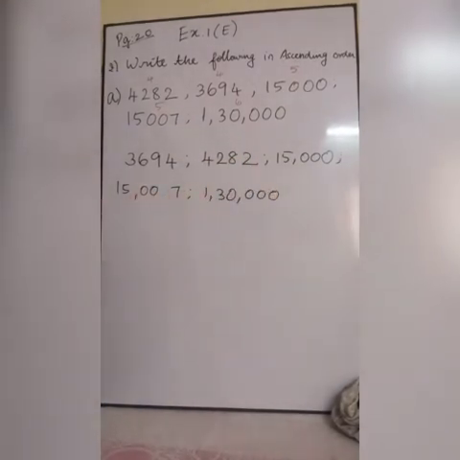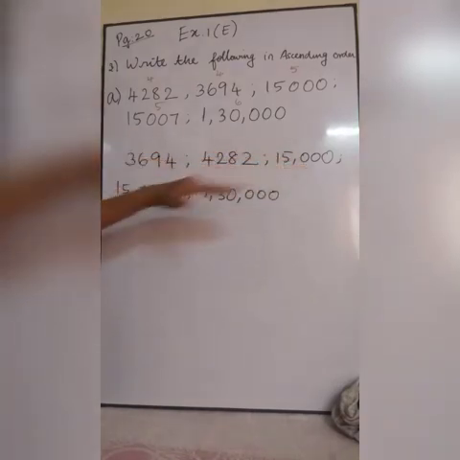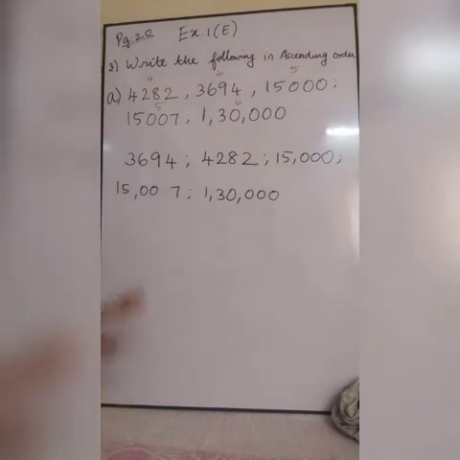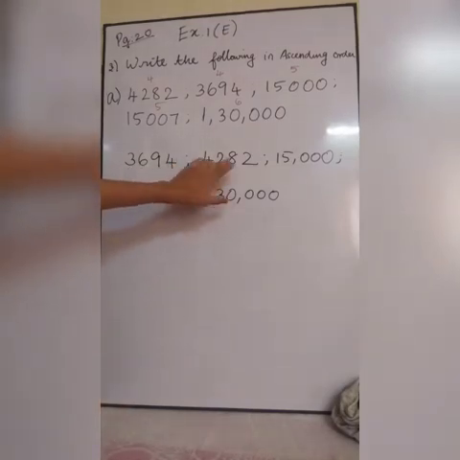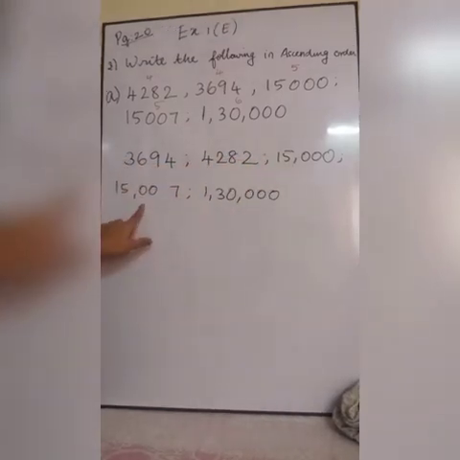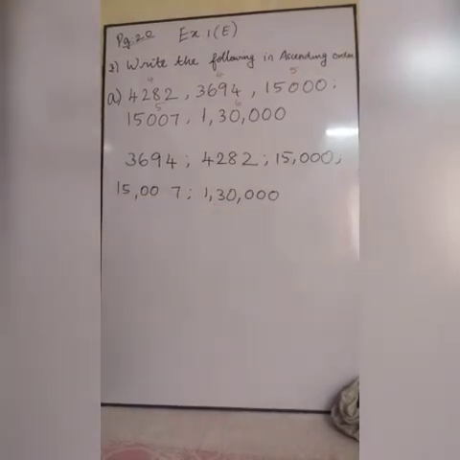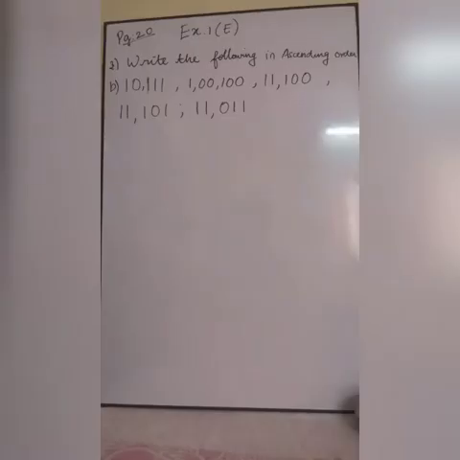1,30,000. So listen carefully. You can check whether we have arranged them from smallest to biggest or not. First I am going to write the smallest number, then after that the next smallest, like that I am going to write it. These two are 4 digit numbers, but when compared, this is smaller. These two are 5 digit numbers. When compared, this is smaller. Then this is a 6 digit number. Did you understand?